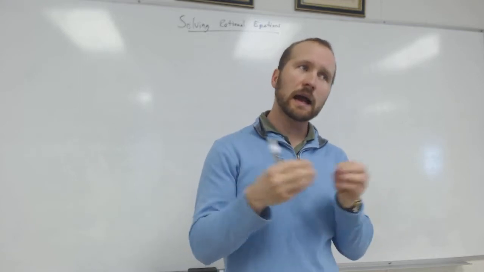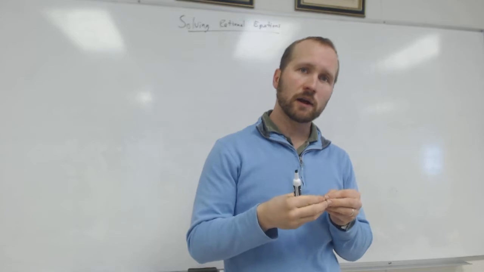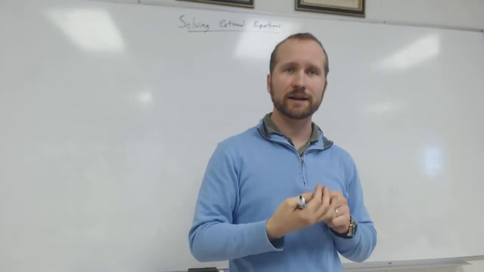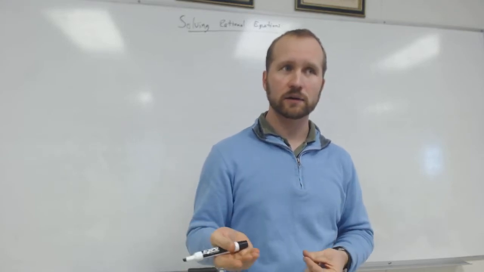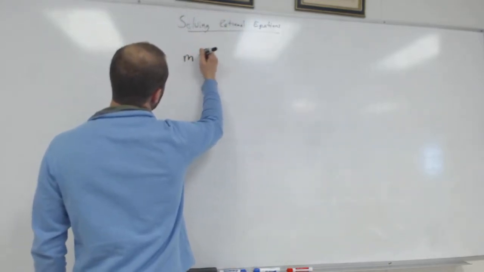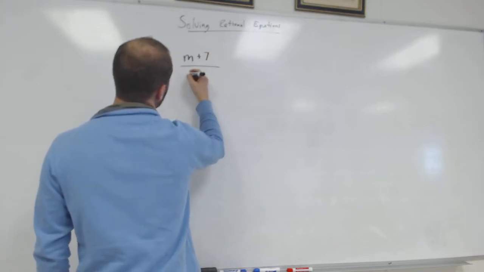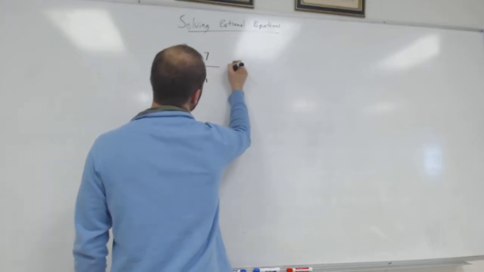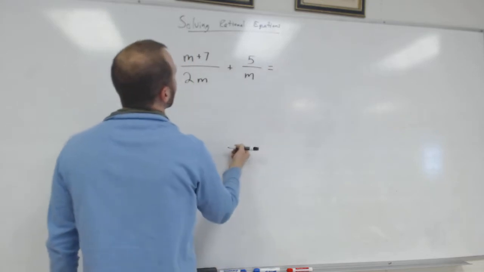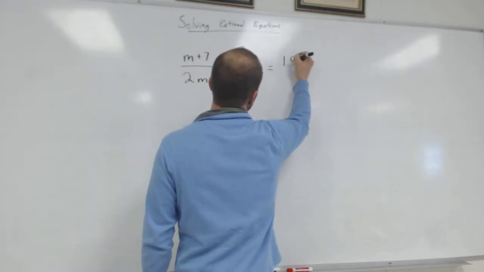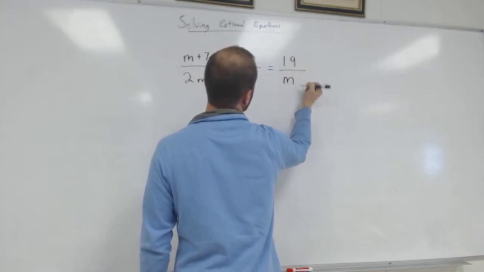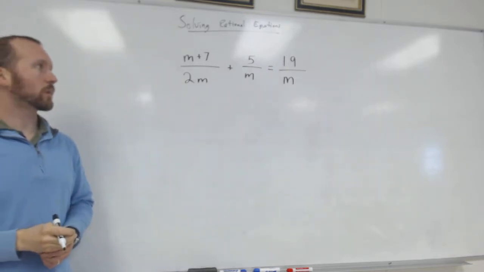So the idea here is to try to simplify these problems. You're not trying to add the rational expressions together. You're not multiplying rational expressions. You're not subtracting things over. You're just simply trying to clear out your denominator first. So if I had something like this, how about m plus 7 over 2m plus 5 over m equals 19 over